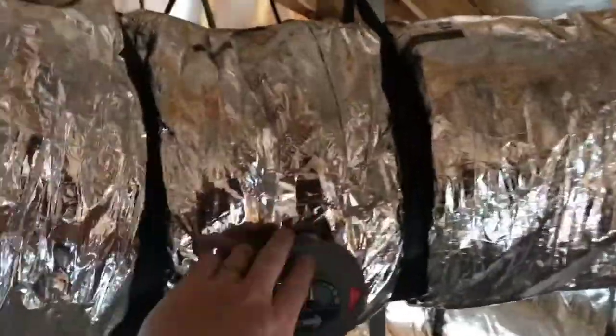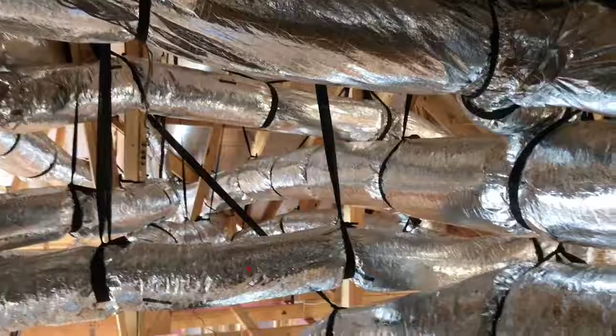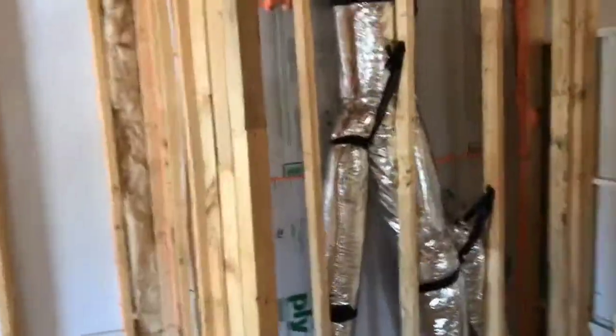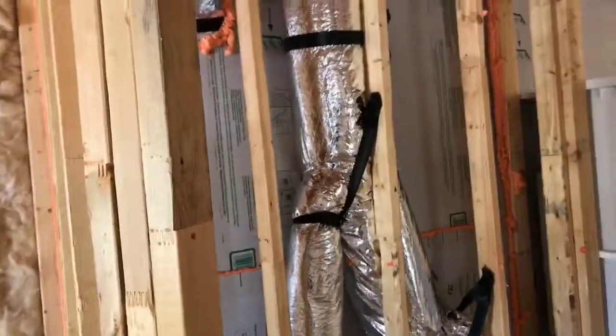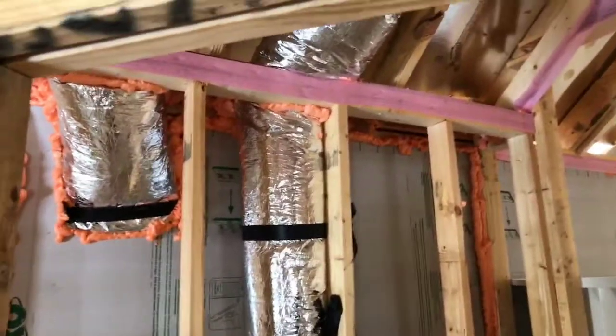bypass damper here for the bypass duct, all this, but there's literally a maze of ductwork and subplenums in this house. All of this that you see here is being controlled by one unit. And again, the quality of the install in this house does not look bad as new home rough-ins go, but here's a good example. Because of the way the home was built, these are ducts going down from the attic past the second floor down to the first floor, and you'll see